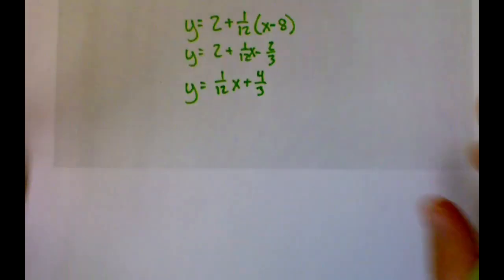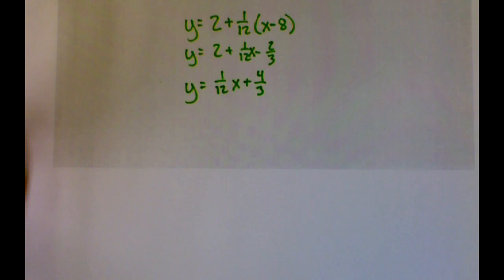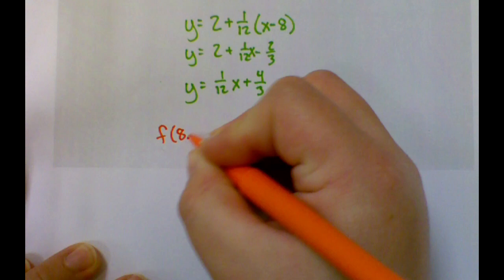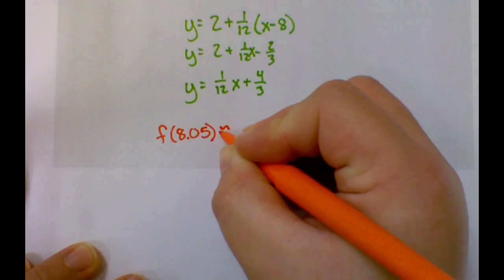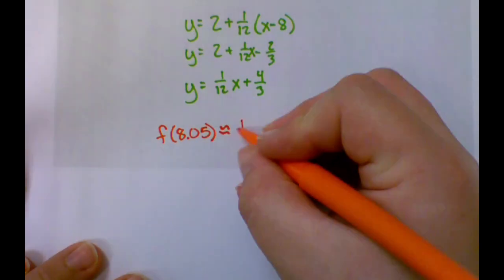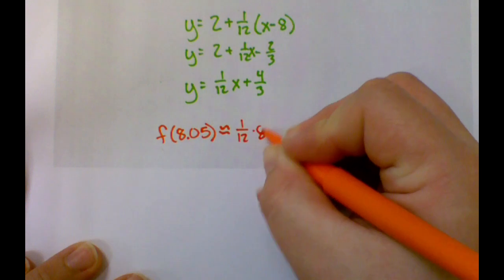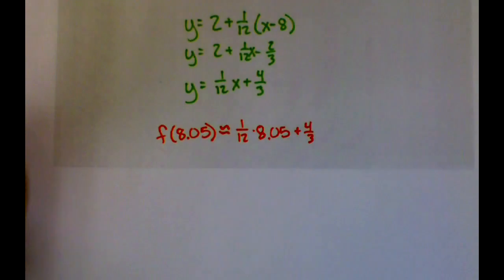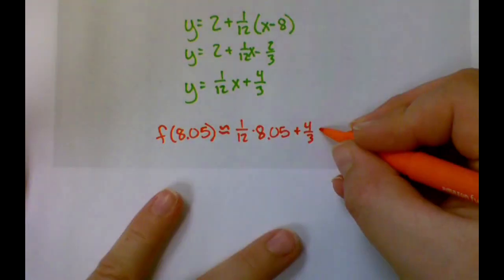And we're going to use that to approximate the cube root of 8.05. And to do that, we just say, okay, 1/12 times 8.05 plus 4/3. Now I can't actually do that in my head, but I get about